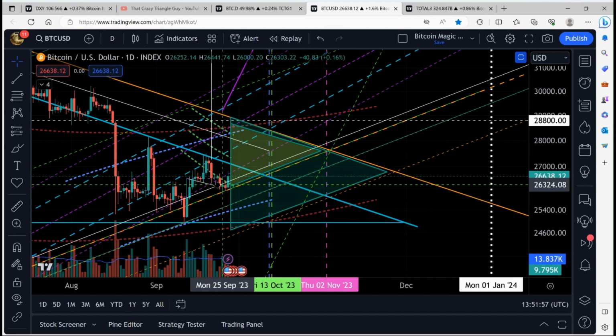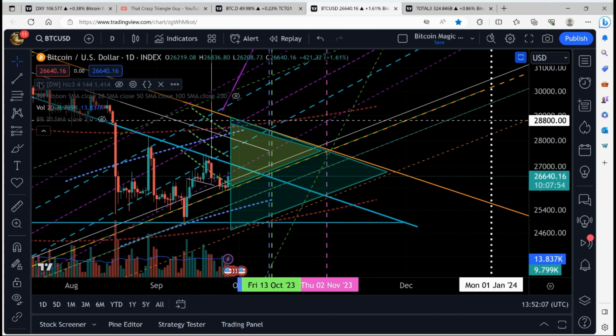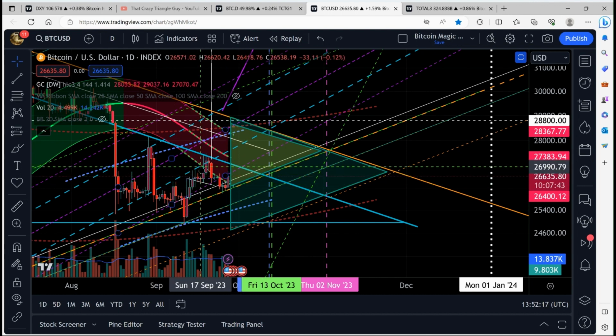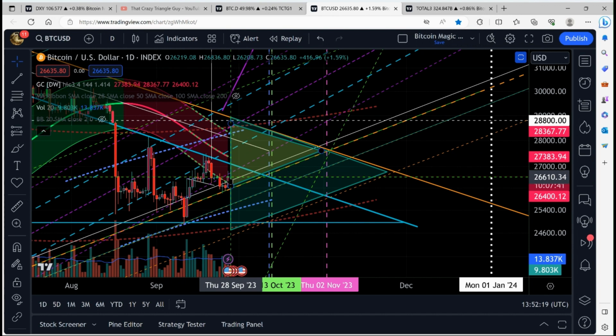We've just re-entered these three green dotted lines, which represent the Gaussian channel on the daily time frame, and I will turn that on quickly here. You can see the Gaussian channel right here, and we've just re-entered that. We had entered it here, fell back out, and we've re-entered it again. This time we're going to stick. We're going to stick and travel up through the daily Gaussian channel here, heading into October, heading into next week.